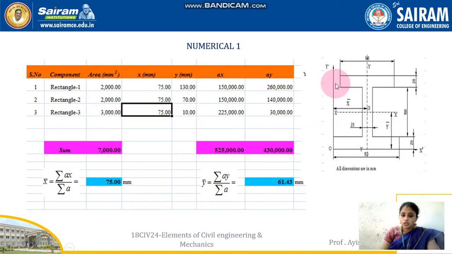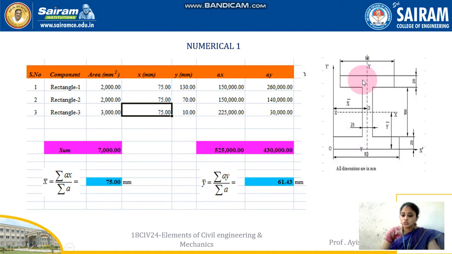So numerical 1. So they have given a I section. Okay, I section. See, you can see this I section and they are telling us to find the centroid for this particular I section. Okay, the top beam is said as flange, and the bottom beam is flange and the column is web. Okay, see, top flange, bottom flange and there is a web. Okay, they have given the dimensions in terms of mm, like 100 mm, 20 mm, 100 mm, 20 mm, 20 mm and 150 mm. Okay, so here you can see this I section.